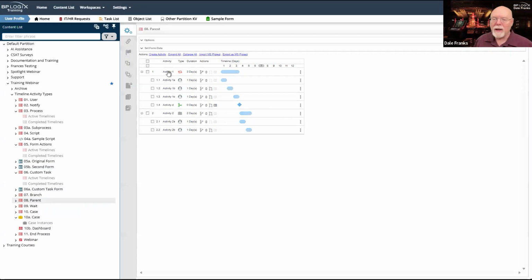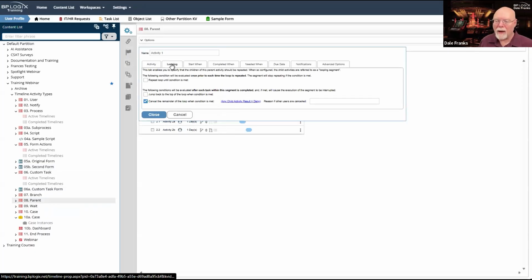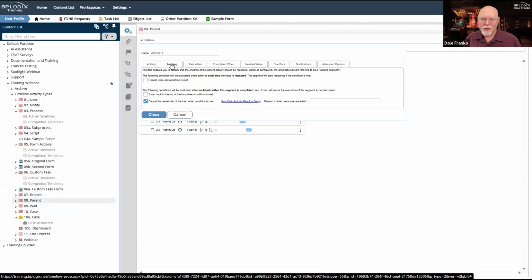The parent activity enables you to have a looping tab. And you can set 3 conditions in the looping tab. Most of the time, you really only need 1, unless you're going to restart by having an initiator resubmittal, in which case you'll need 2 of the 3 available properties. But you do have 3 available properties to cover every possible use case.